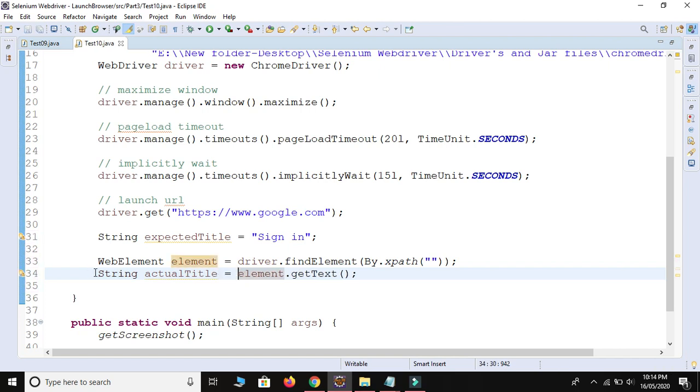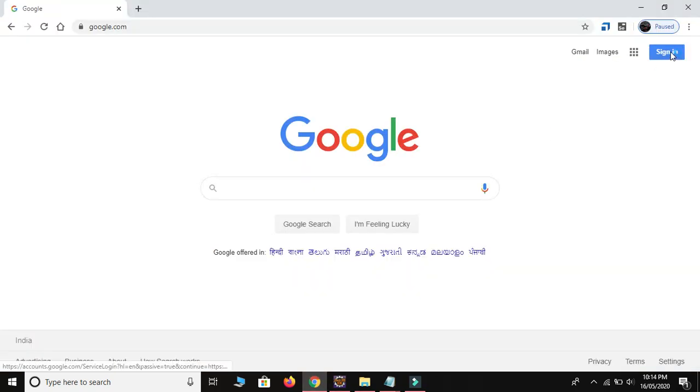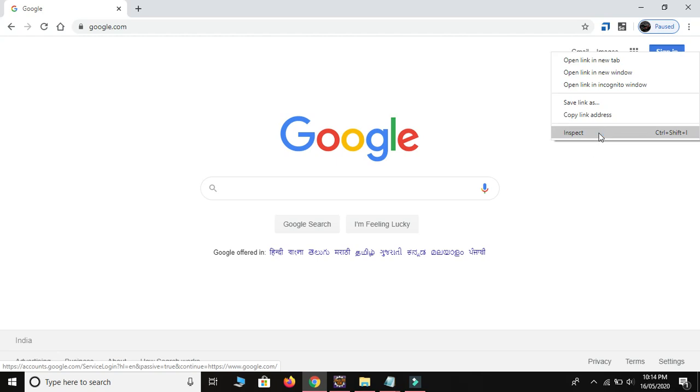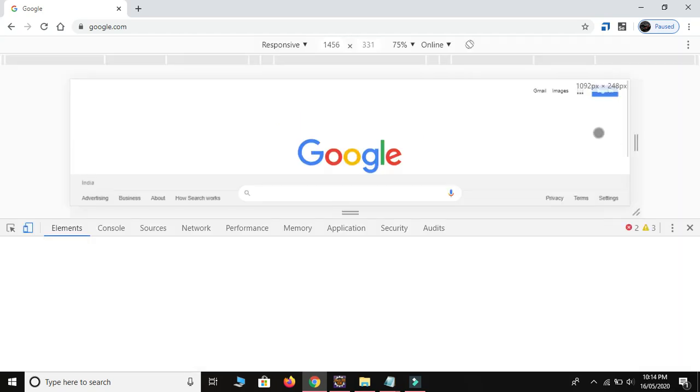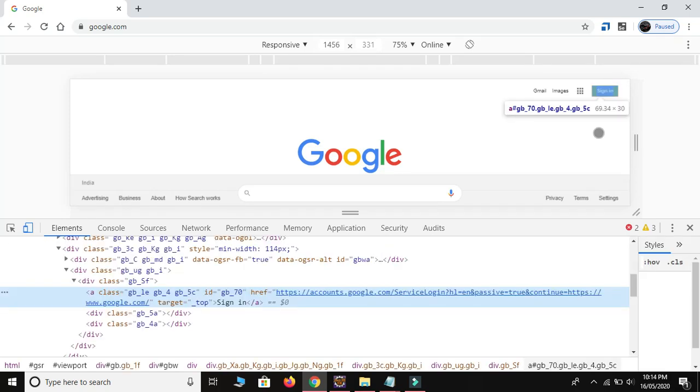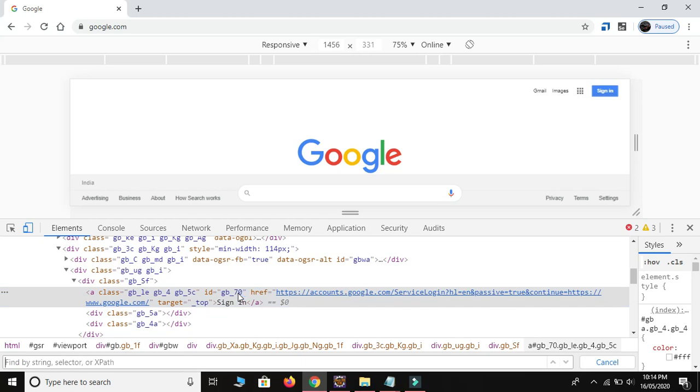Let me save. Let me inspect this sign in button. Just right click and click on inspect. It will provide some additional information which is known as an attribute. So I will take this ID. Just press Ctrl and F. Let's jump inside the document. So // our element comes under the A tag.